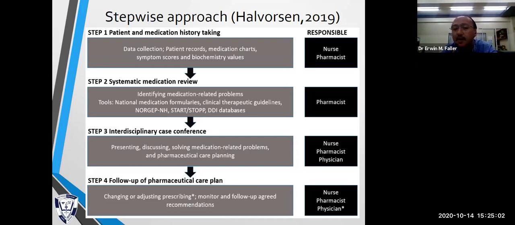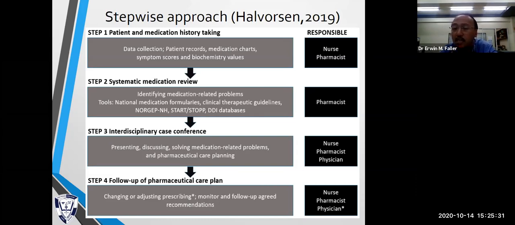And number three is that you'll be able to work as a team with other healthcare providers in discussing, solving, and making your plan. And that is really a collaborative approach for all of us. It's not only when you develop a certain plan that you work as a team. That is why you need to call the doctor. This is not a solo flight for all of us. Step number 4 is to follow up.